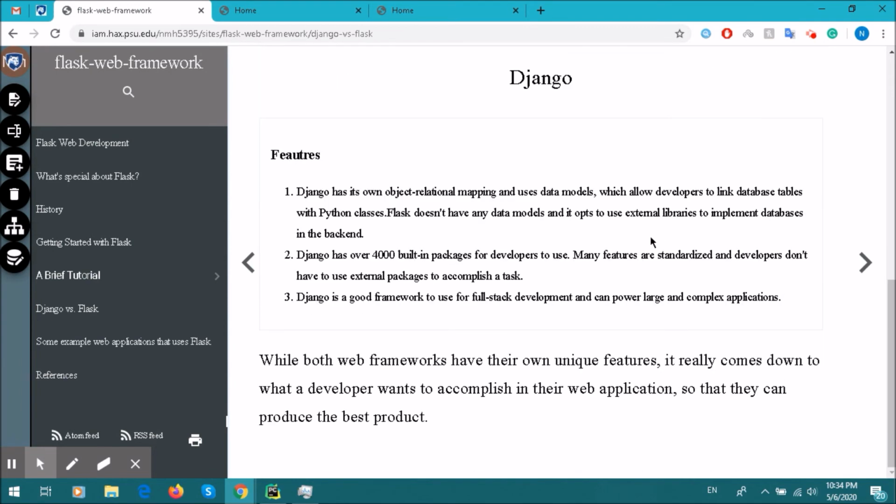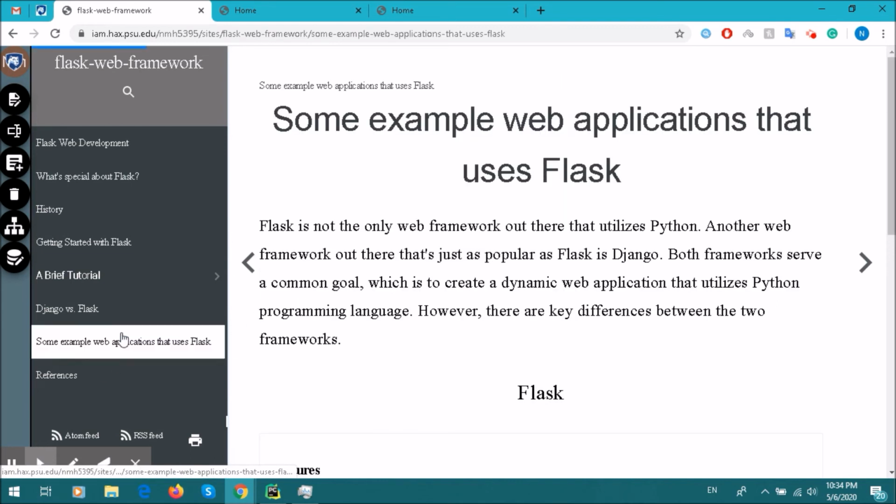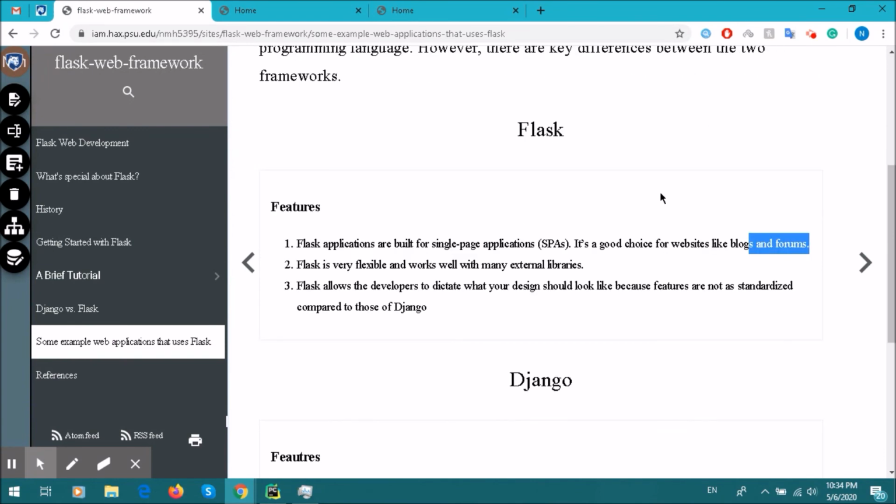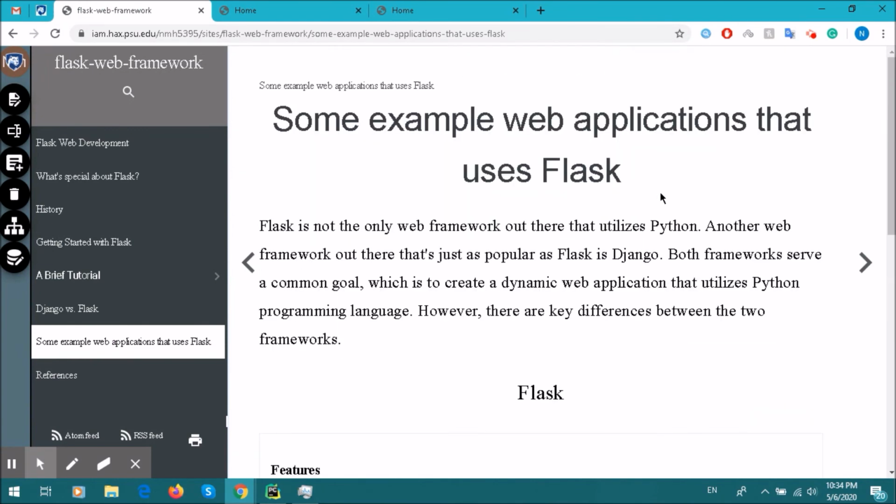Whereas for Django, a developer would want to use this framework to create large and complex web applications that utilize both a front end and a back end. And regarding the future, this web framework has a bright future ahead. The web development space is continuously getting more and more attention. We already have some well-known applications that utilize this framework,